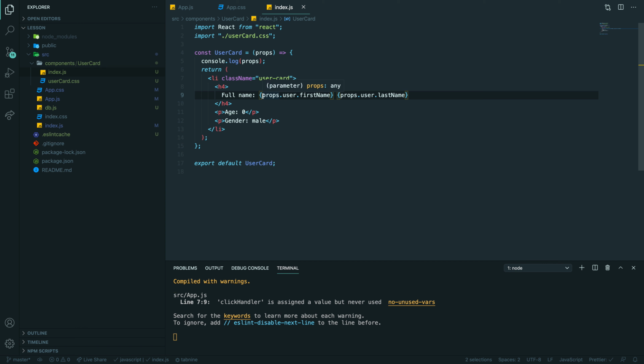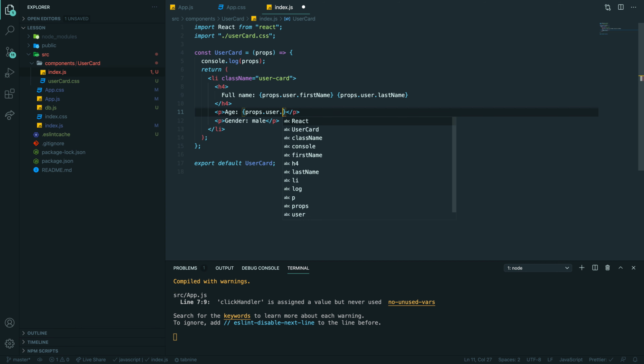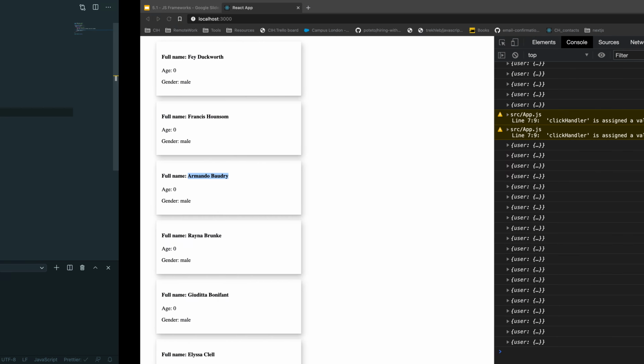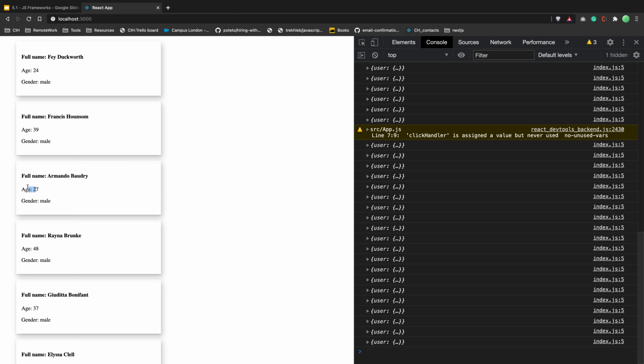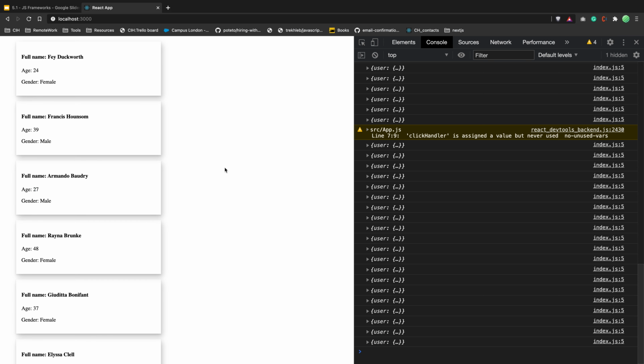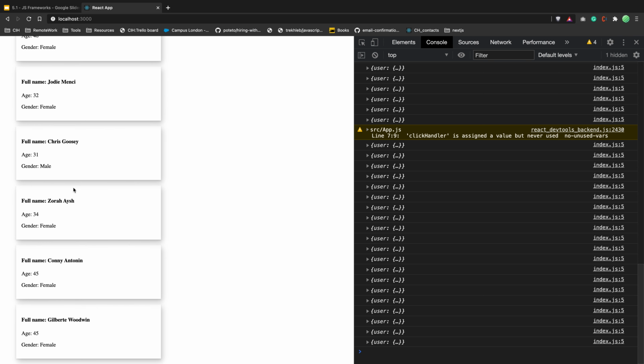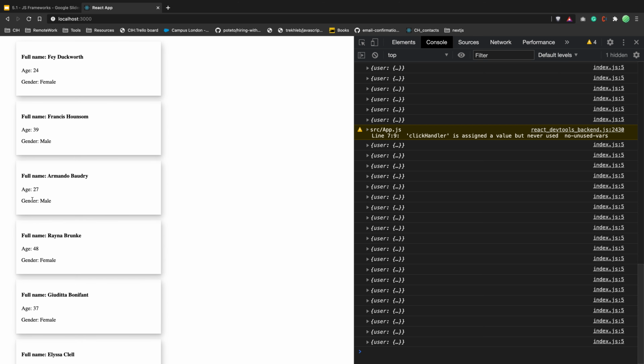Then the same for age, right? So here we can do props dot user dot age. Now we have different age. And same with gender. Right? So now we have dynamic gender.